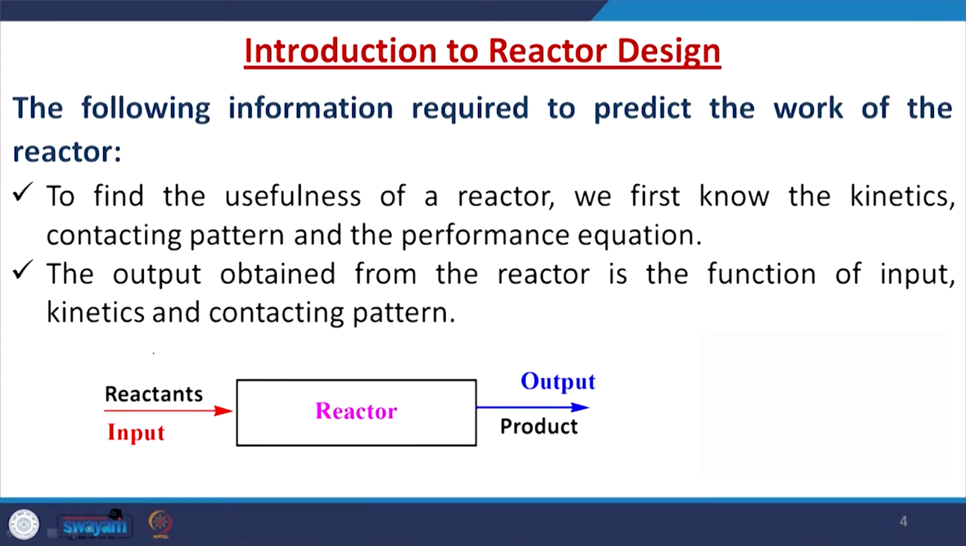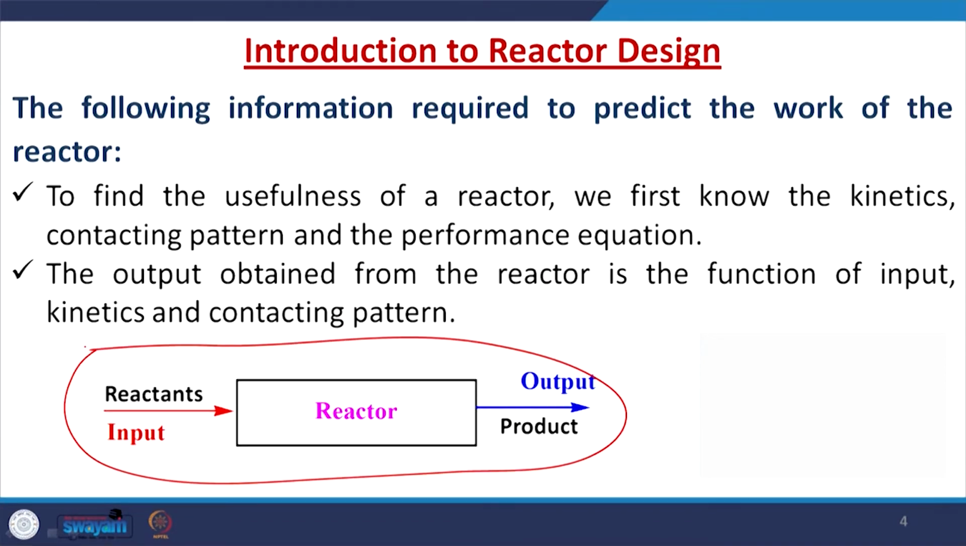So, in this approach, we should know the kinetic contacting pattern and the performance equation. These are very common phenomena of any kind of reaction engineering approach. Second thing is that the output obtained from the reactor usually is a function of input, kinetics and contacting pattern. Now you see, this is a generalized diagram of any kind of reactor. Here you are putting the reactant as an input stream, and here you are getting the product as an output stream. Now just see that this is a very simple